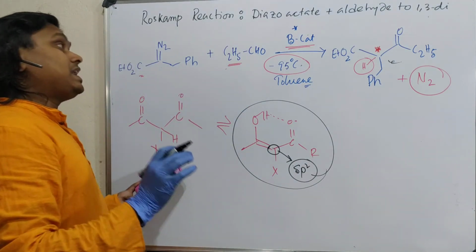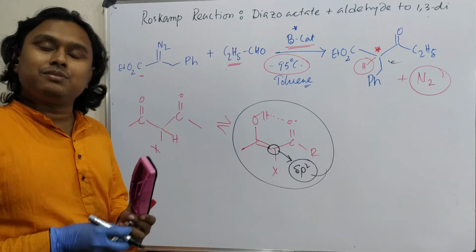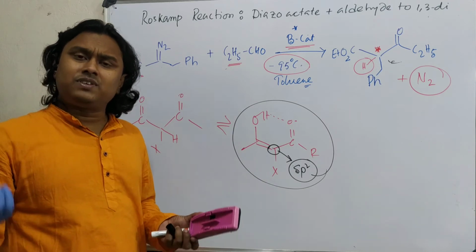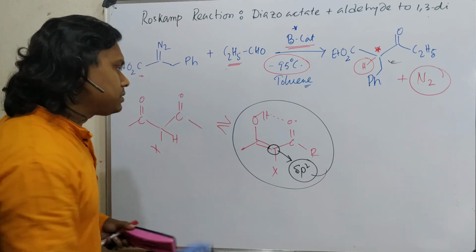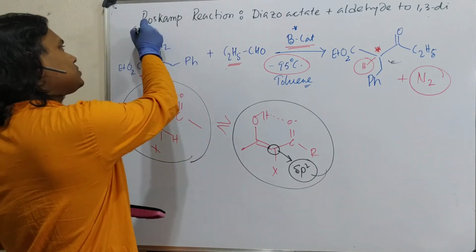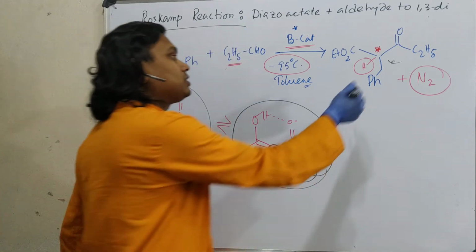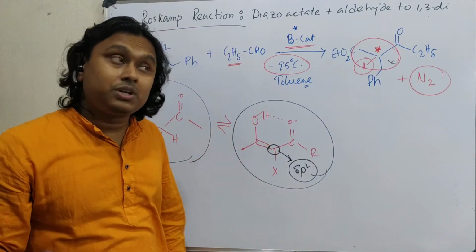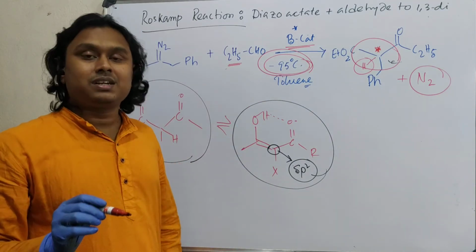So that is another beauty of this reaction while you are dealing with active methylene compounds, because there are other methods like Claisen condensation I have described previously. In Claisen ester condensation, you can very easily prepare 1,3-dicarbonyl compounds. Then the question: why do you read this Roskamp reaction? What is the need of this reaction? The need is because of this enantioselectivity, which is maintained because the reaction is carried out at this much low temperature under inert condition.